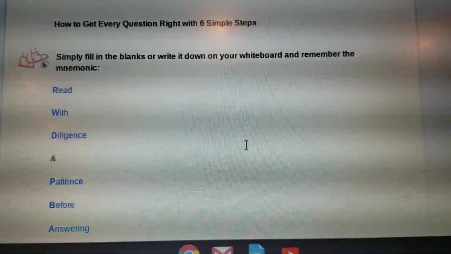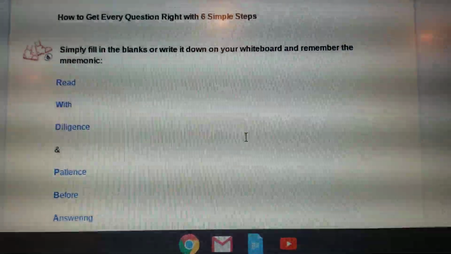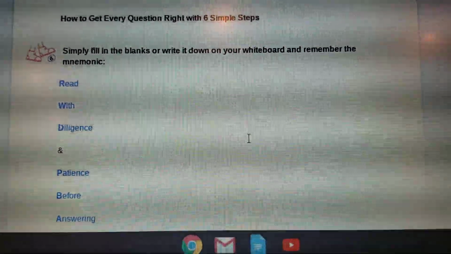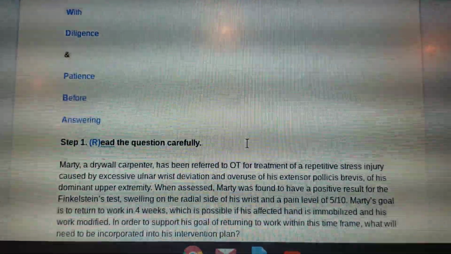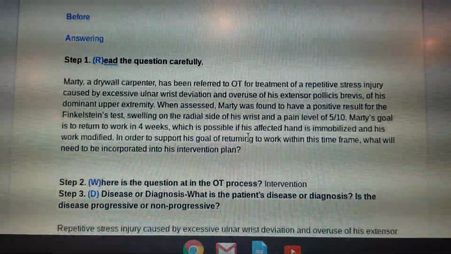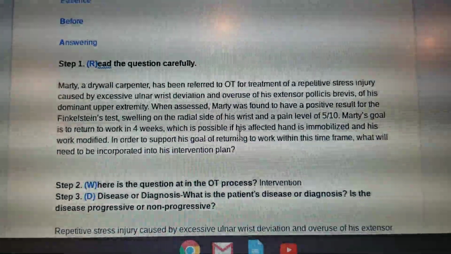So remember these 6 simple steps. Simply fill in the blanks or write it down on your whiteboard. And remember the mnemonic: Read with diligence and patience before answering. When you're looking at a question like this that has several sentences, we want to make sure we're